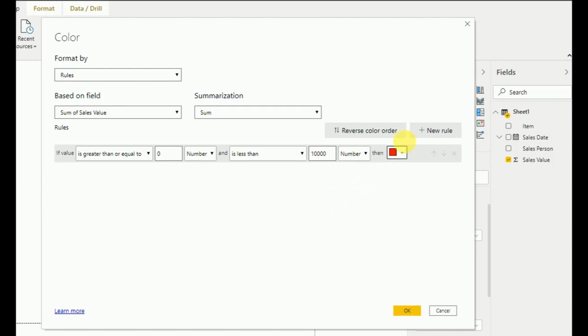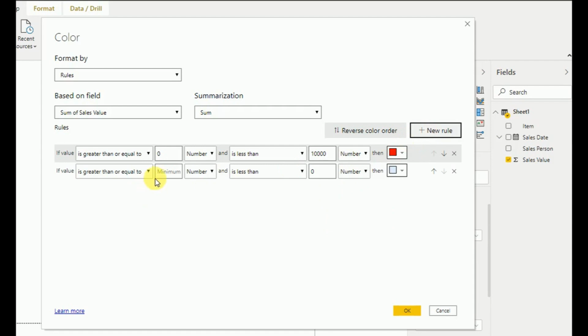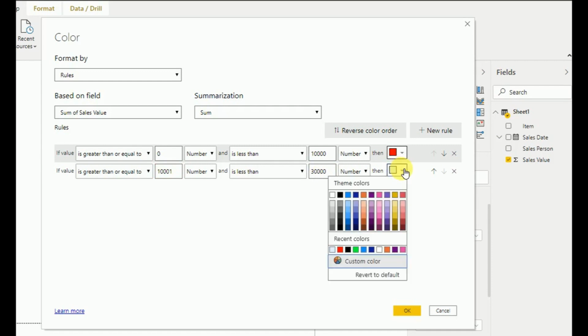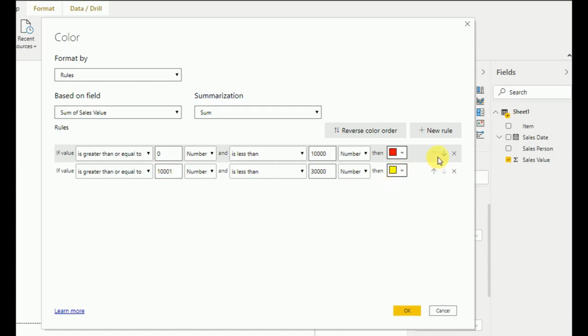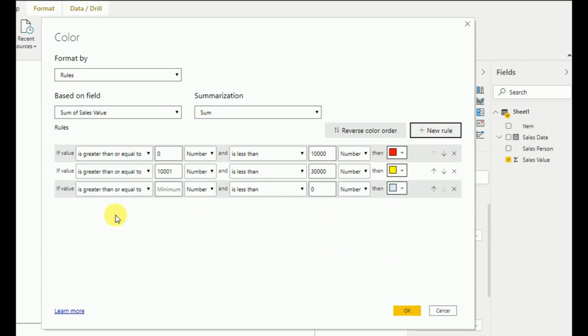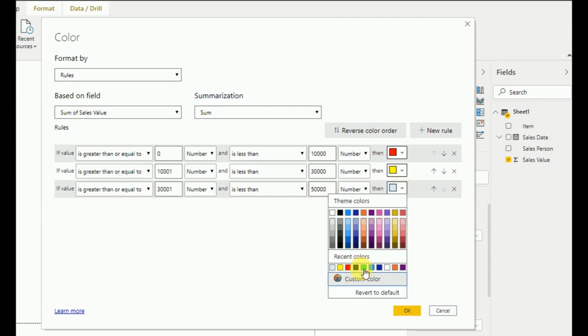Then I have to create a new rule. If the value is greater than 10,001 and less than 30,000, then the color I select is yellow. I have to create a new rule here: greater than or equal to 30,001, and if it's less than 50,000, then I'll select the color as green.